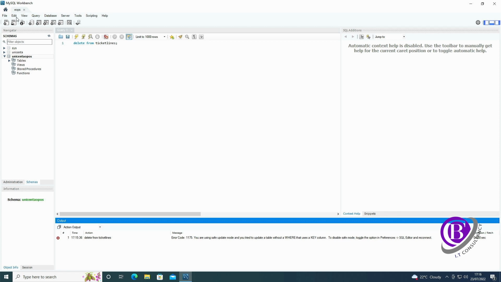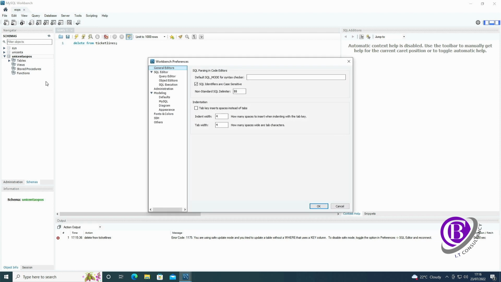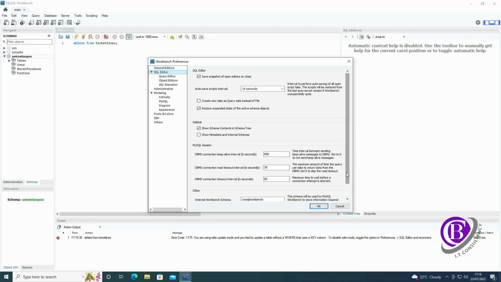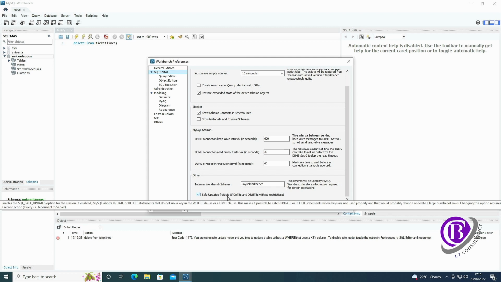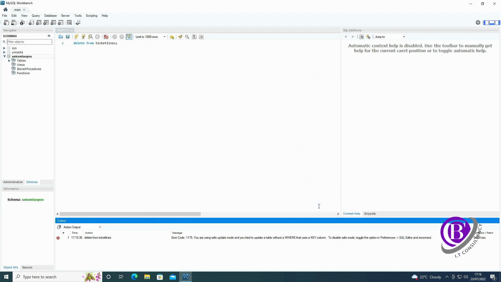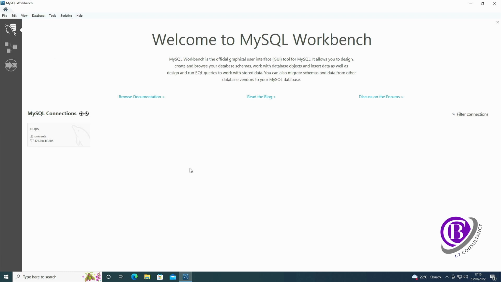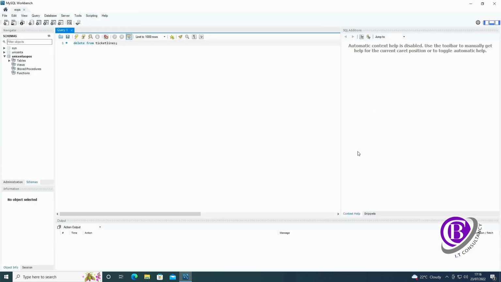And to do that, we go to Edit, Preferences, go to the SQL editor. Down at the bottom, we've got Safe Updates. So this rejects updates and deletes with no restrictions. What we're going to do is untick that, click OK, then we're going to close our connection, connect again, and if I run that now,